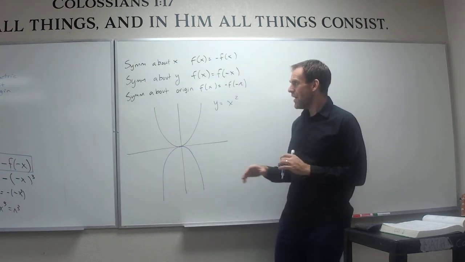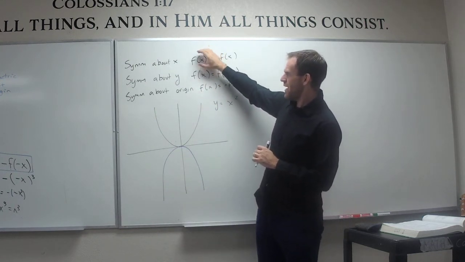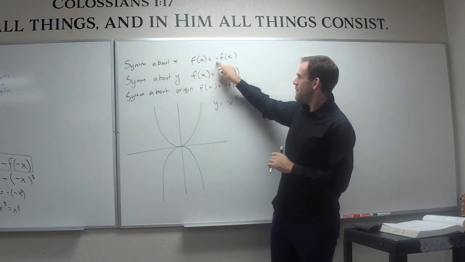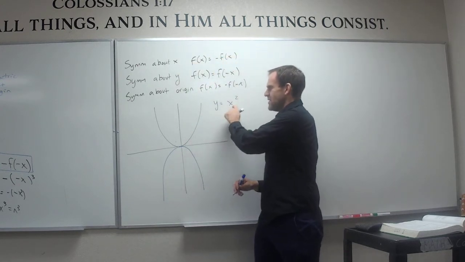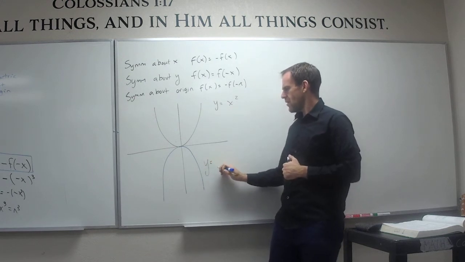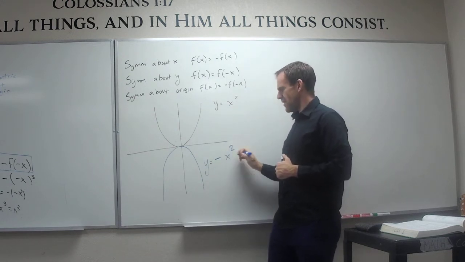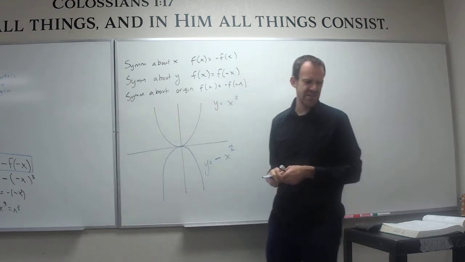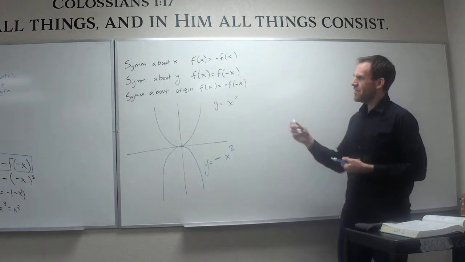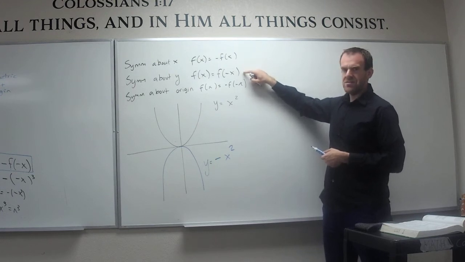How would I do that? Well, I remember if I want to flip something around x, I make the whole thing negative. So this function is the old function, but with a minus sign in front. If I'd like to flip something about the y-axis, I can do that by using this property to make it